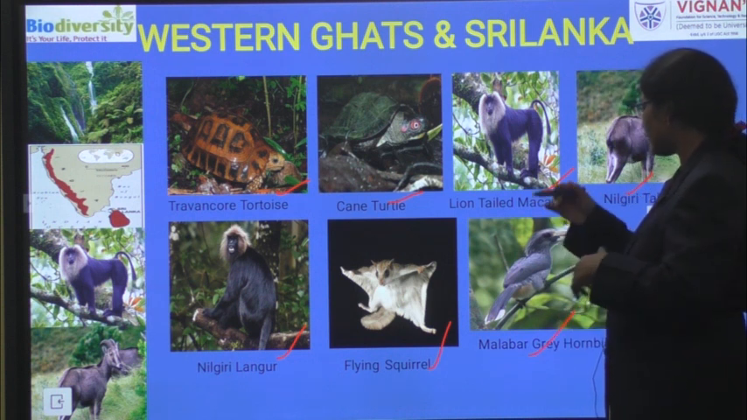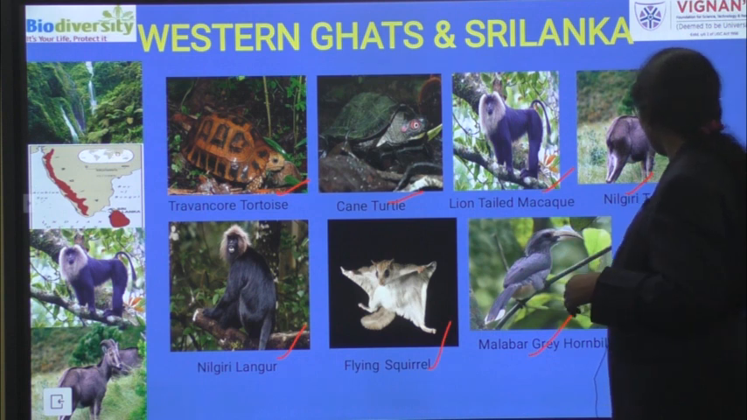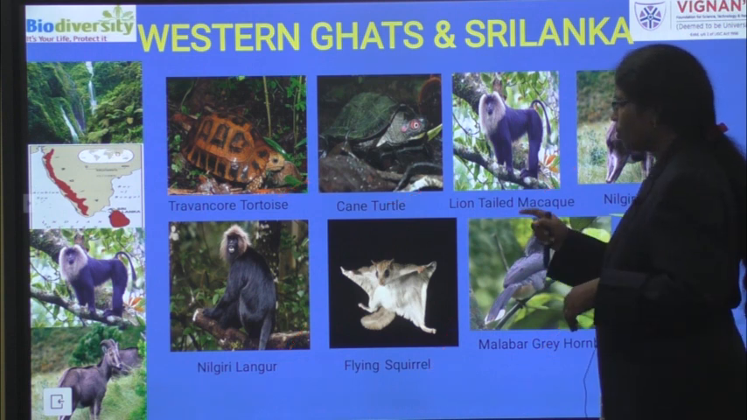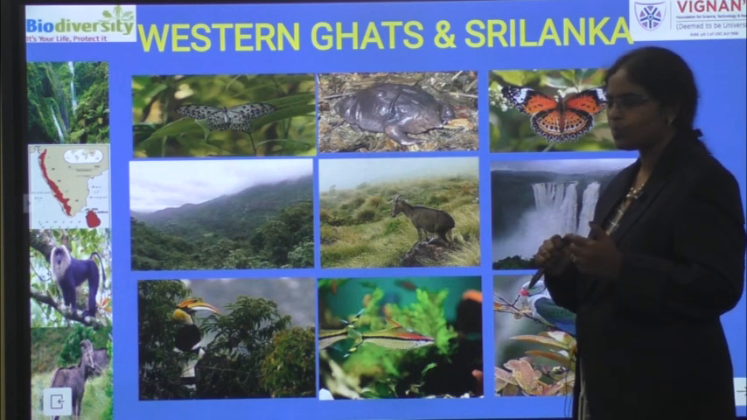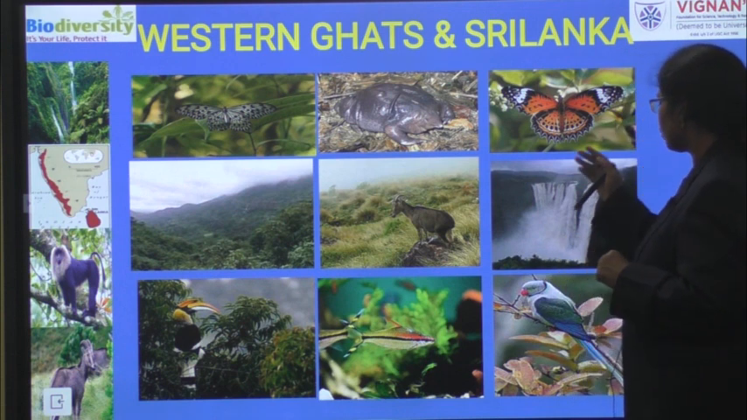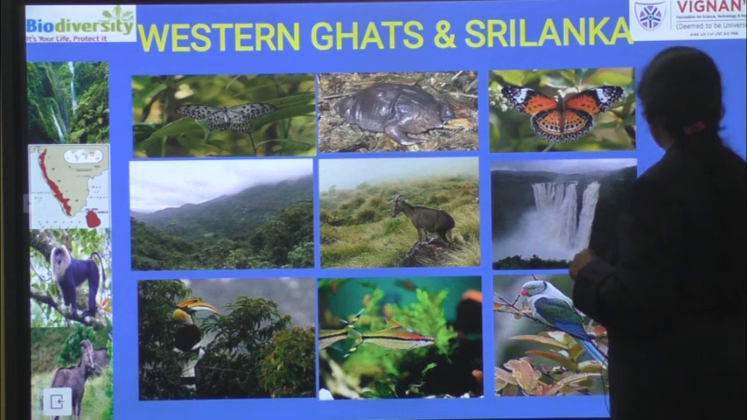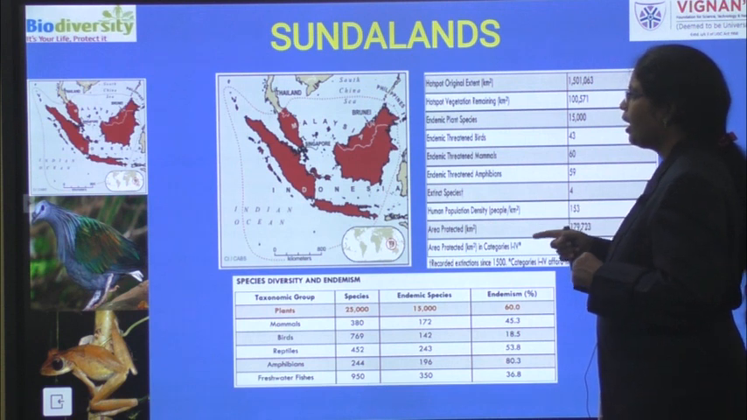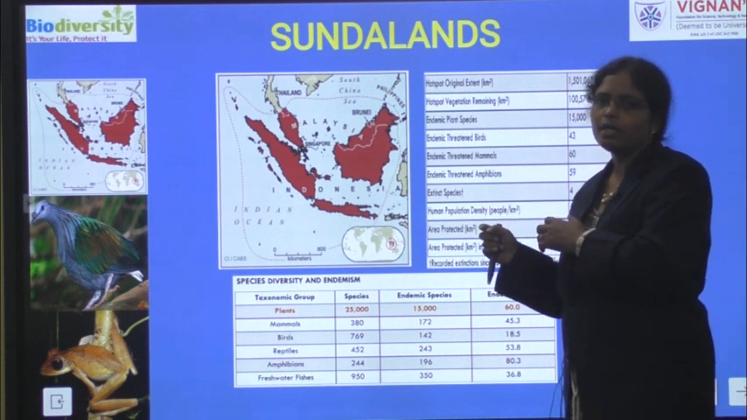So, this entire Western Ghat region is also called the Malabar region. It is a rich source of various plants as well as animals. So, these are the various endemic species confined to this region, and now we will see the next region,